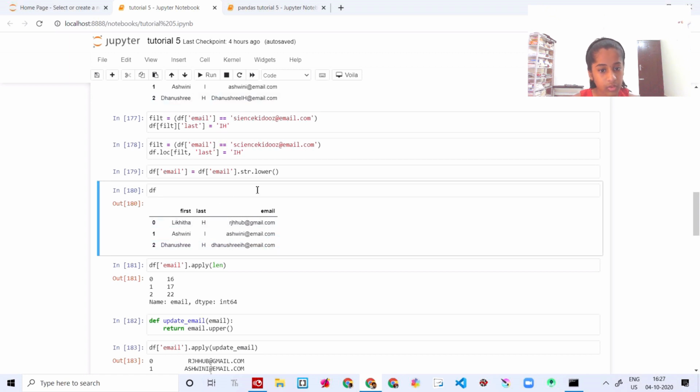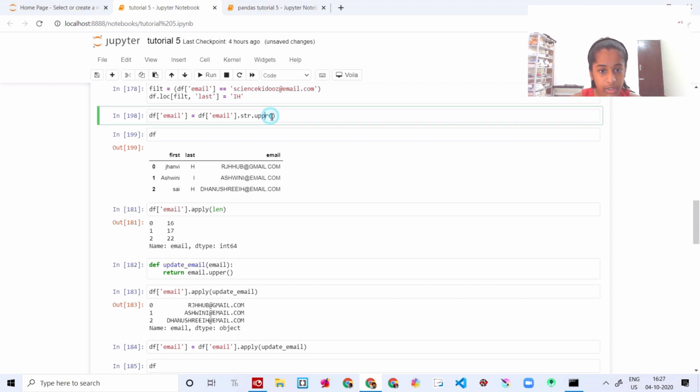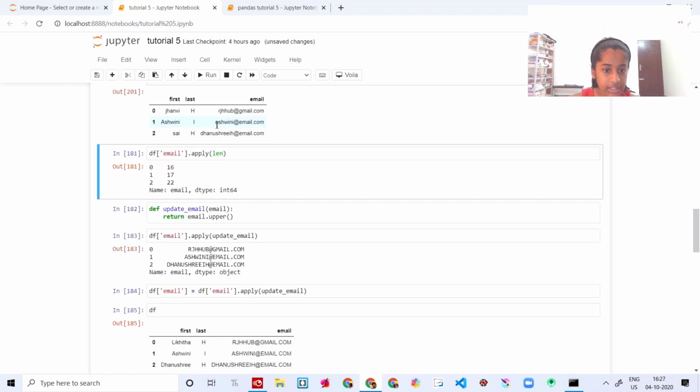You can see, for completely converting it to lower, you can do this, or if you want to completely convert it to upper, you can do this. You can see everything is converted to upper. So let's just normally convert it to lower. And this is how it will be if you convert it into lower. The complete whole thing is going to be in lower.